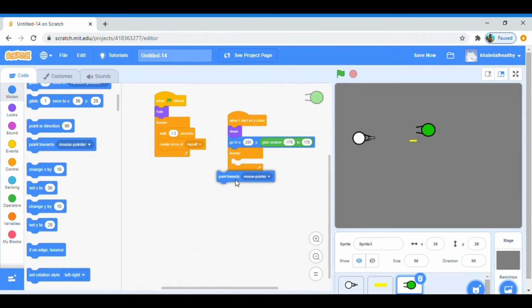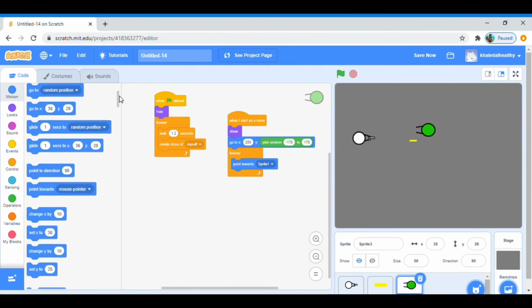Point towards Sprite 1, so the zombie is going to point towards Sprite 1, so let's change that to Sprite 1. It comes to Sprite 1, it follows Sprite 1, which is the man who's holding a gun, and then you move one step,